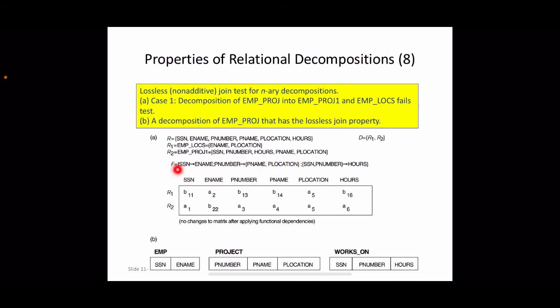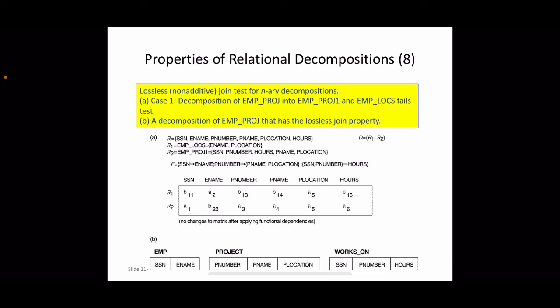We are also given a set of functional dependencies F: SSN determines ename, pnumber determines pname and plocation, and SSN and pnumber together determine hours. So these are the inputs. Now we have to check whether this decomposition is lossless.